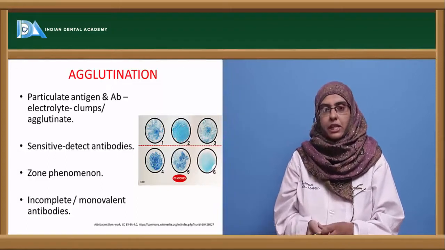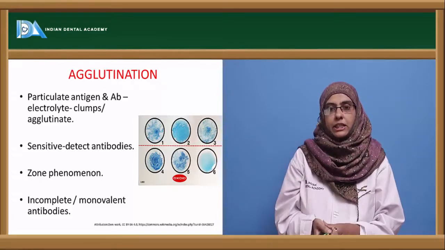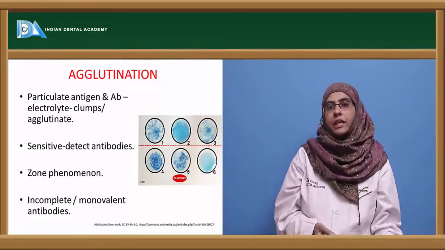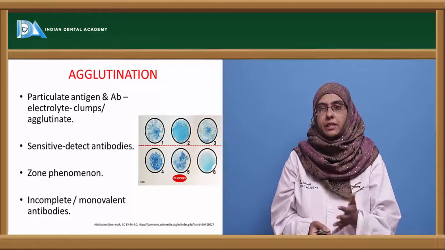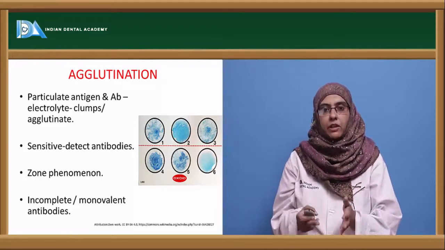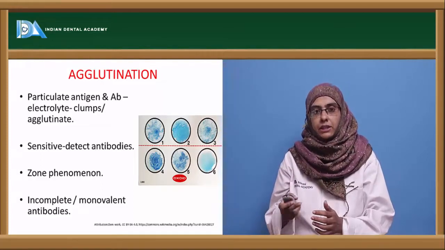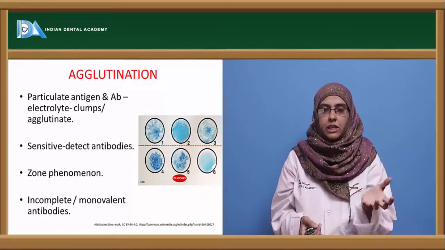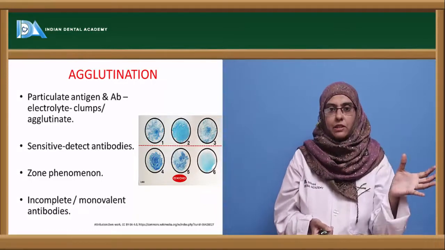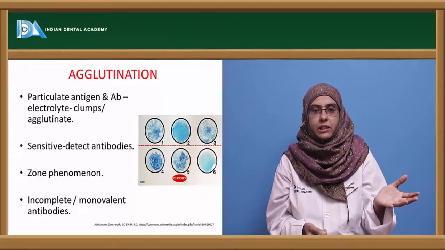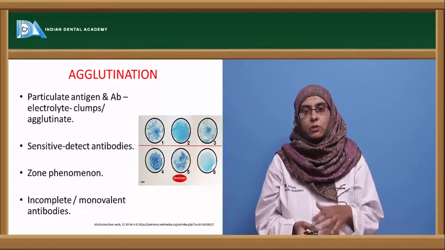The next important serological diagnostic technique is the agglutination reaction. In the precipitation reaction, we saw a soluble antigen interacting with the antibody, but in agglutination the reaction is between a particulate antigen and the antibody in the presence of electrolyte at standardized temperature and pH. They form an agglutinate, or visible clumps. To be seen, these clumps need specificity, as in the precipitation reaction, where the formation of a lattice is the basic phenomenon. The same holds good for the agglutination reaction, and